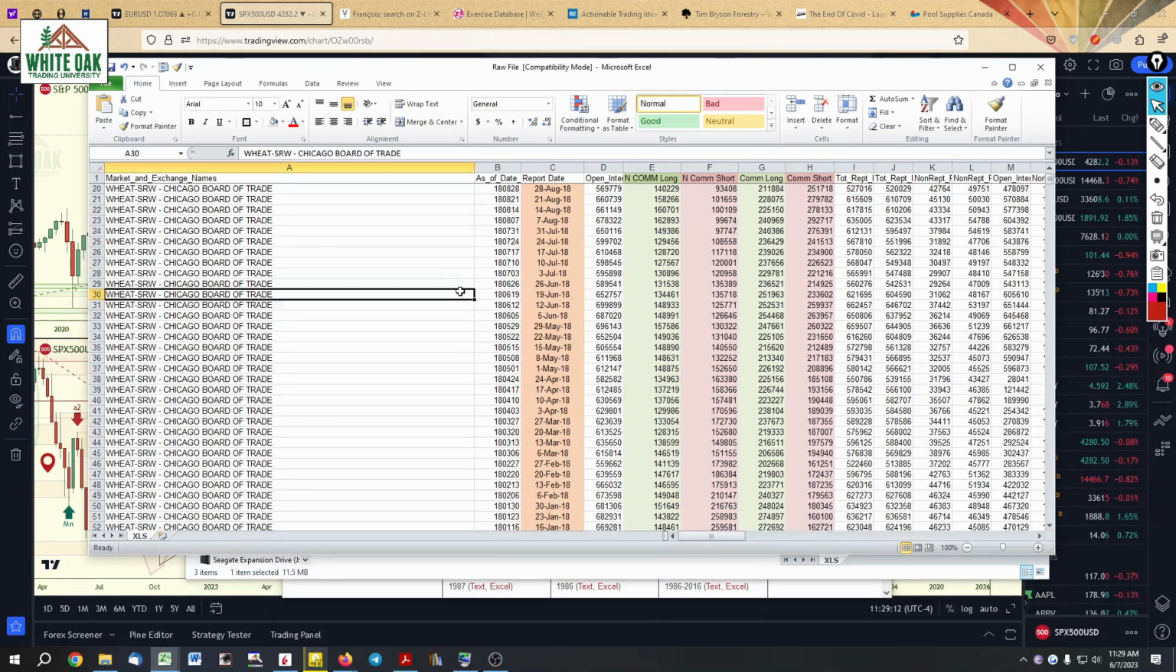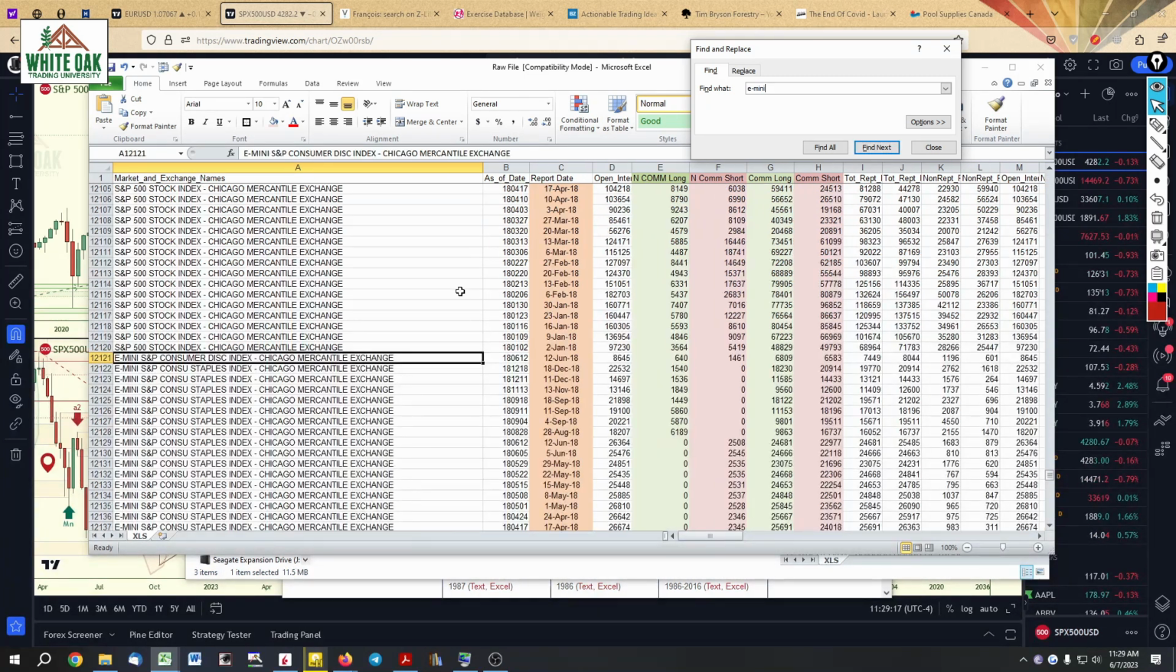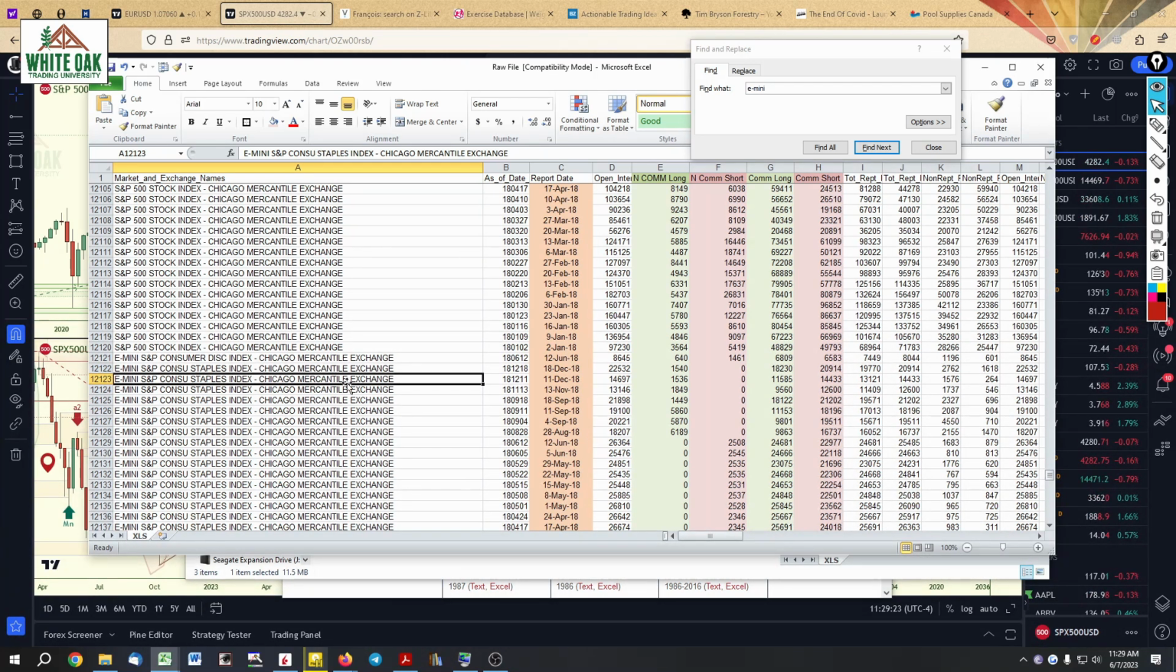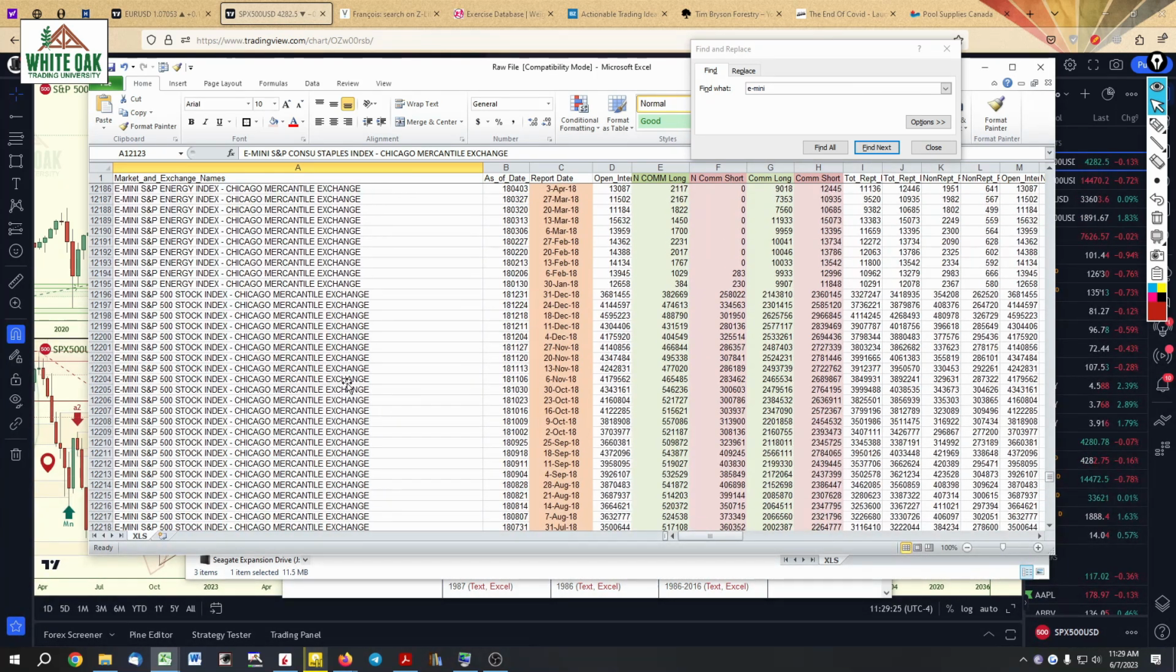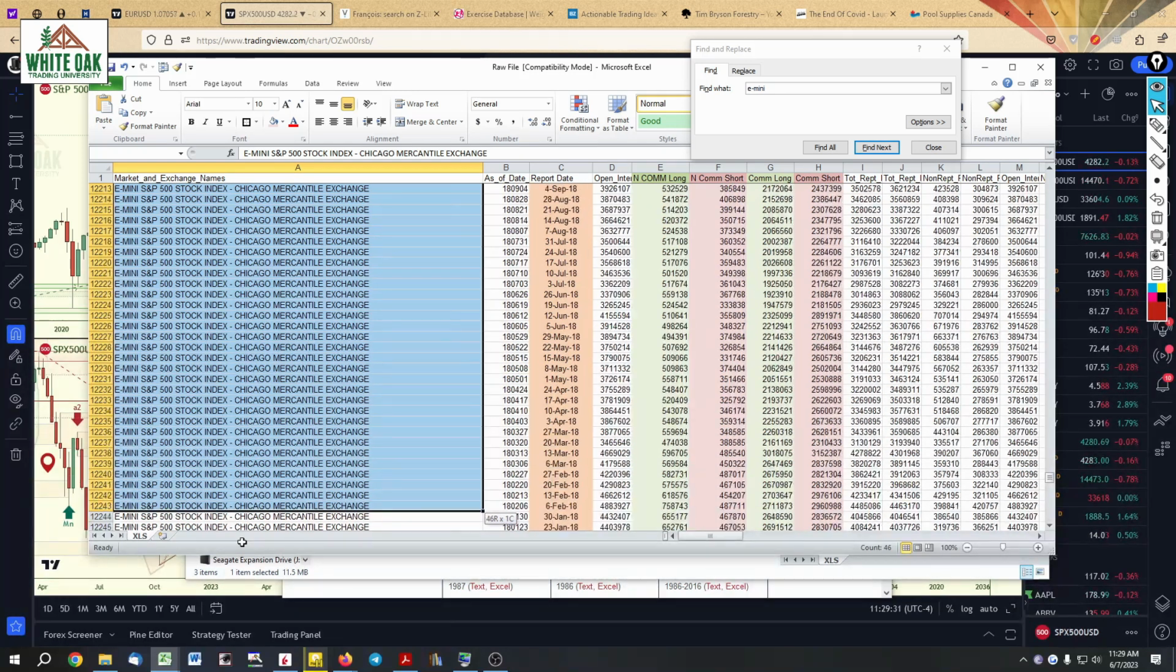Okay. Now for me, I need the emini. So I do Control F, E-mini, enter. Let it do its search. It's going to run through everything. Emini S&P consumer. Don't want that. Consumer staples, energy, stock index right here. See? S&P 500 stock index. So I will select that